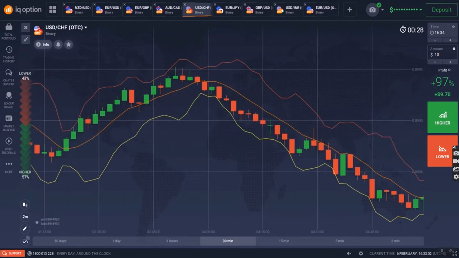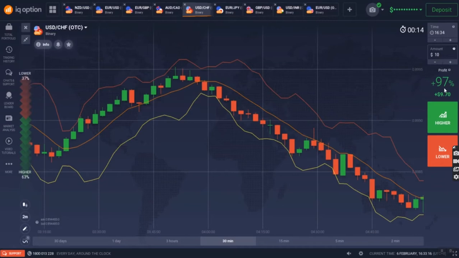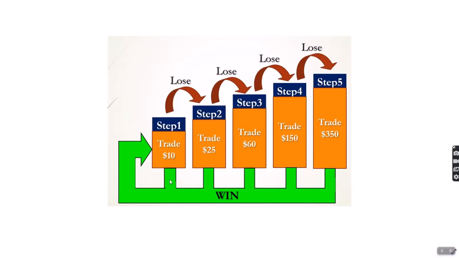A bit of a run through and a refresher for the Martingale method: in step 1, after our indication candle, we will enter a trade at $10. For the profit margin, it depends on the timing itself. Sometimes it can be 70, 60, 75, 80%, 88, 90, and on the weekends I have 97%. So if you enter at the $10 amount, you will profit $9.70. If you lose the trade, you will lose $10. Simple as that. If you win the first trade, you will not go to level 2. You will go back to trading at $10.